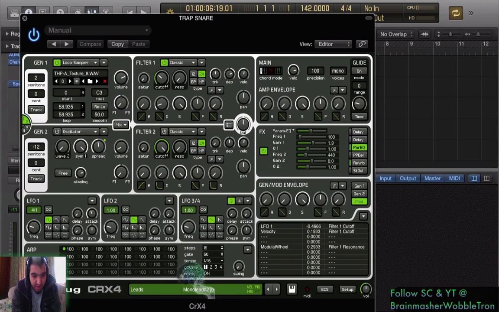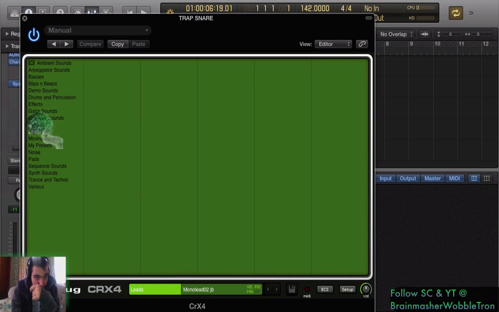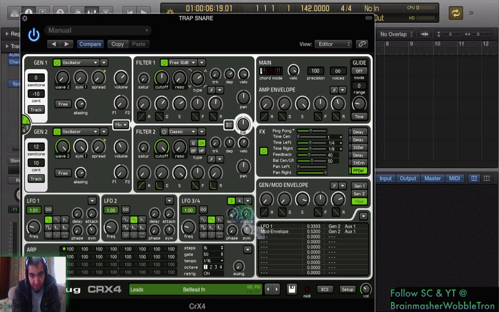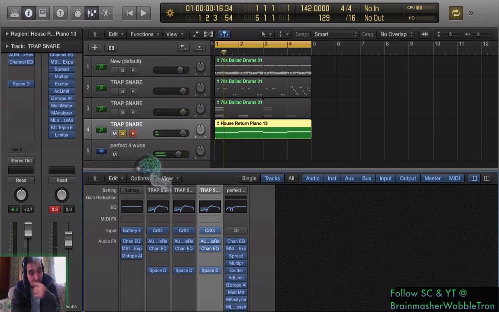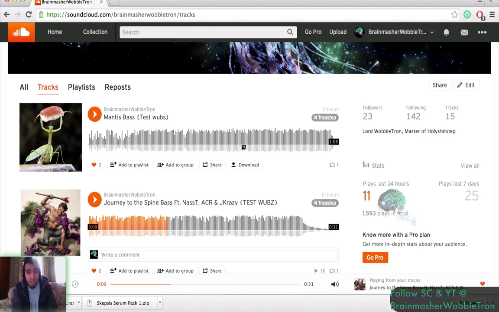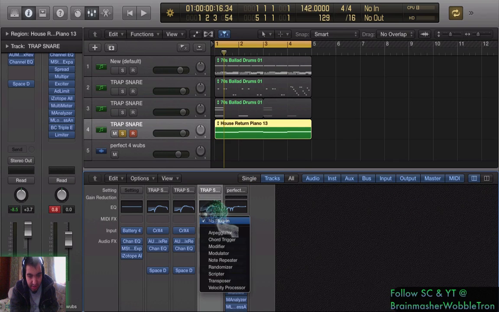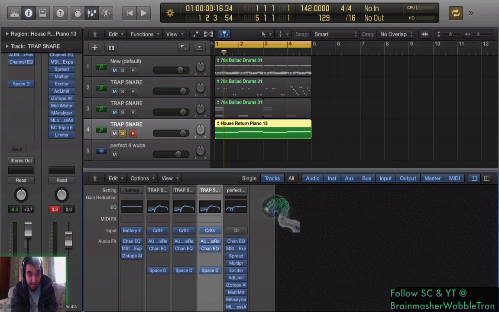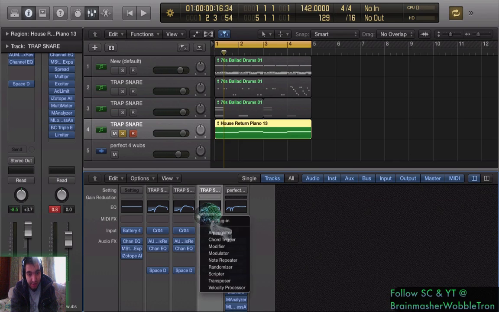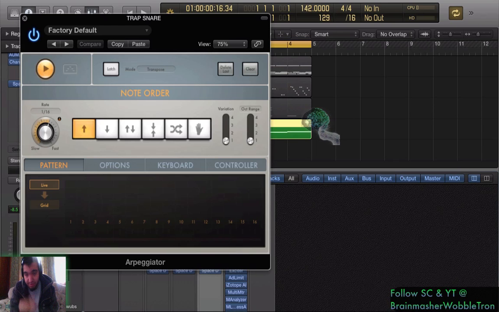Arpeggios are pretty easy. I usually just use a random track. A lot of people might say, BrainmasherWobbleTron's a sampler. I'm like, yeah, I do use samples. I like using samples. They're easy. I go around using my own stuff a lot of the time too. I do edit a lot of stuff out, but for the sake of the tutorial, I'm just going to